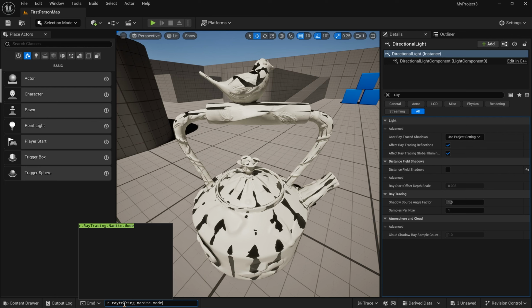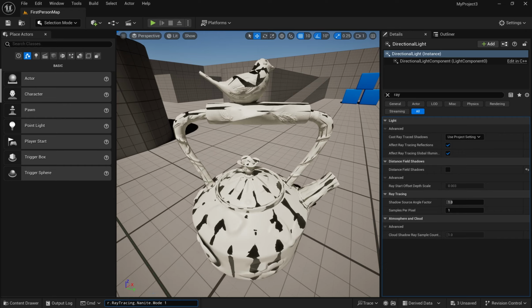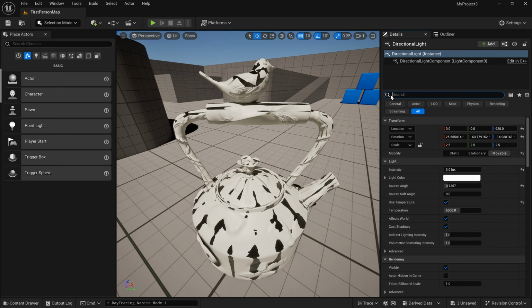r.raytracing.nanite.mode, and this is the command that we're using. And I'm just going to put a space and type in 1. So this command is going to allow ray tracing in nanite mode, and it's going to get rid of some of those shadows. Before I accept that command and have that setting turned on, I'm going to tell you why